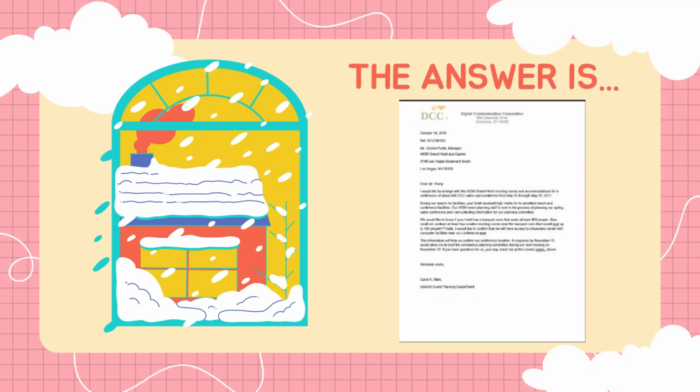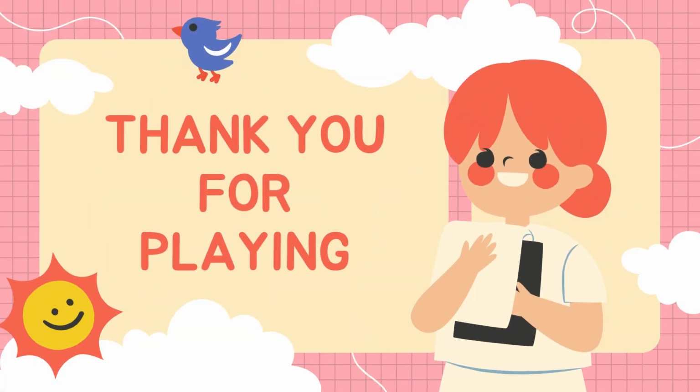Yeah, the answer is, a full block style letter is a formal letter writing format where all parts of the letter are left aligned. The main characteristics are letterhead, sender's name and address, date of the letter, destination address, name and address of the recipient, opening salutation, for example, Dear Mr. or Miss, recipient's name, letter content, paragraphs without indent, all left aligned. Letter closing, a closing salutation such as sincerely, followed by the sender's name and signature. Thank you for playing.